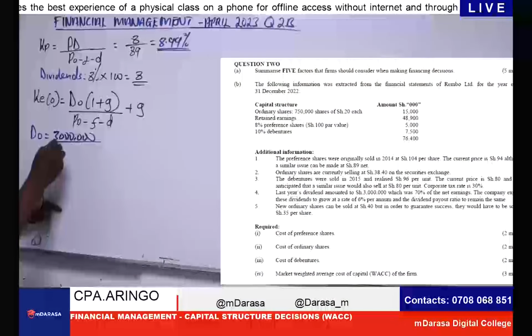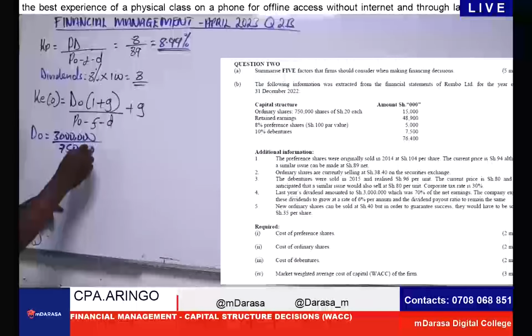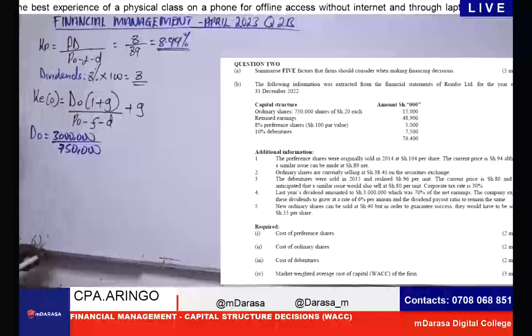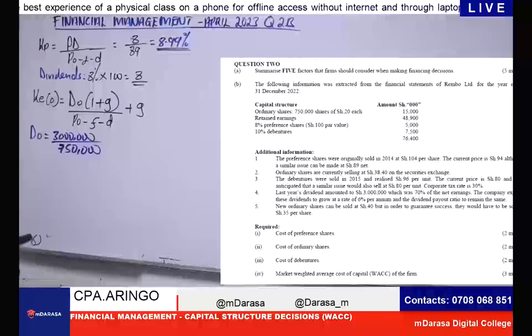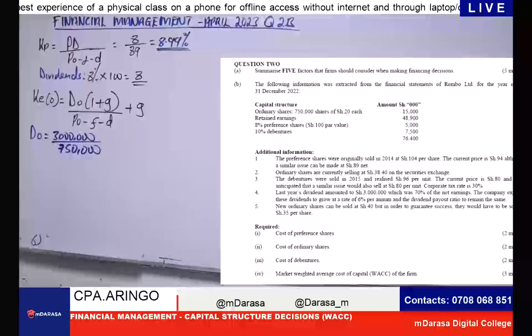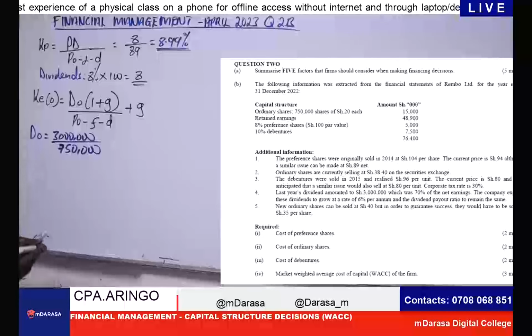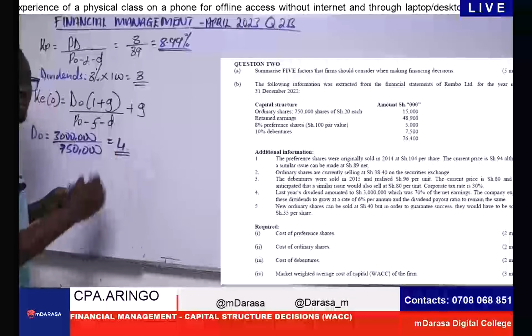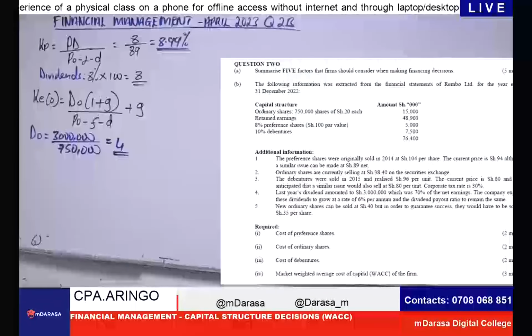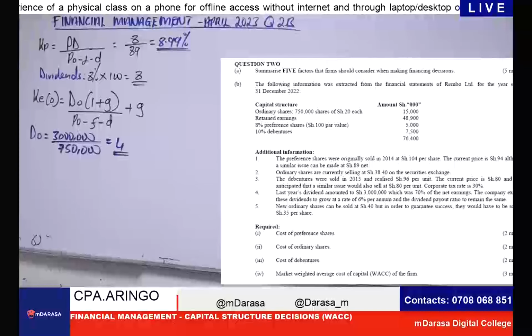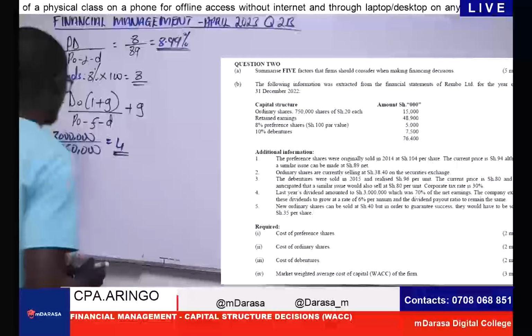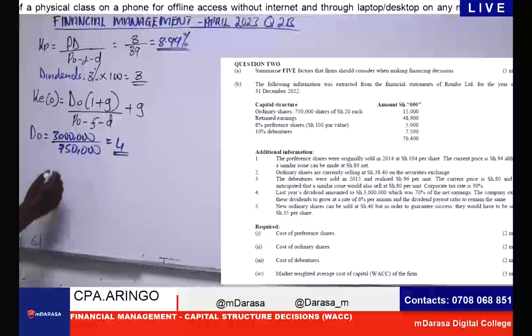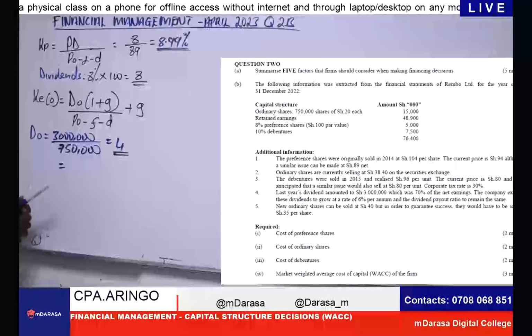So I'll be having the 3 million, we divide by the 750,000 ordinary shares. This will clearly give us a value of how much? 3 million divided by 750. I can clearly see that I'm getting 4. So that is very important to note. Dividends per share, the dividends that we just paid, the previous year's dividends per share, we're having the value of 4. So with a lot of confidence, I can say that therefore my D0 is 4